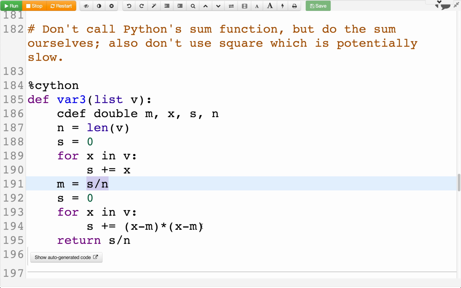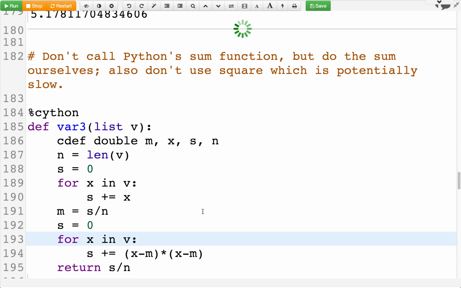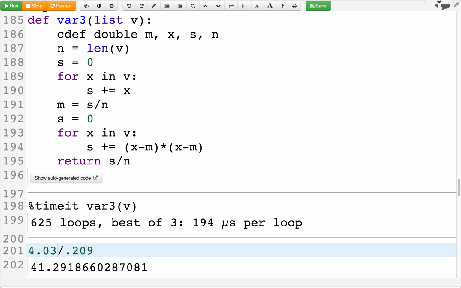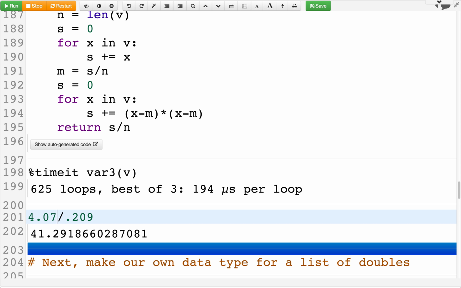Okay, so let's see how this does speed-wise. So compile it, which again takes like a couple of seconds to compile. And then run it, and it took 194 microseconds instead of the 4.07 milliseconds from our original Python version.